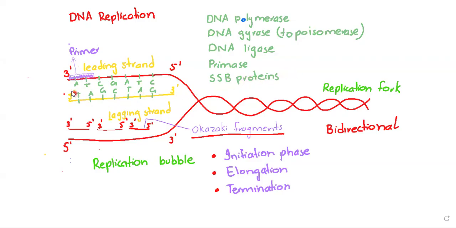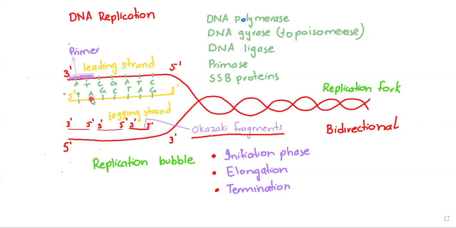You can see that this is the replication bubble where replication begins, and this is a replication fork. DNA replication is a bidirectional process. How is it bidirectional? It has two strands, one is the leading strand and the other is the lagging strand. The old strand has a 3 to 5 direction, while the new strand is formed in the 5 to 3 direction. When a new nucleotide comes, it is always added at the 3 end